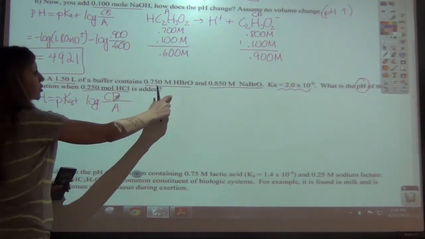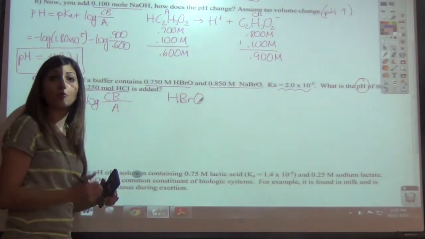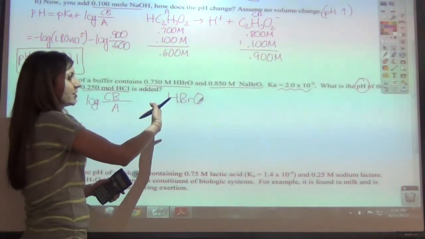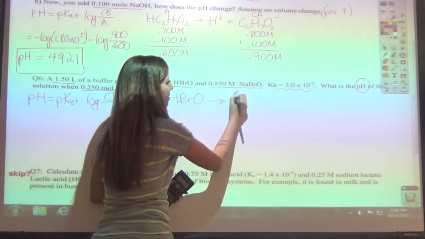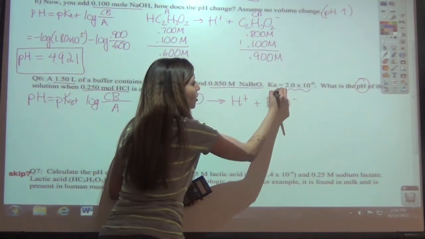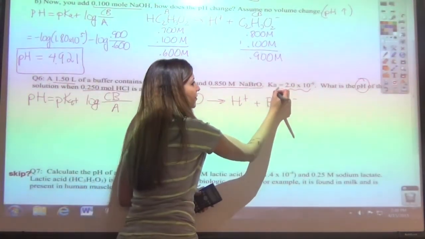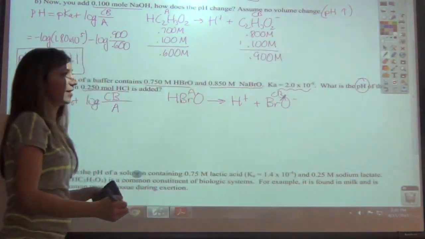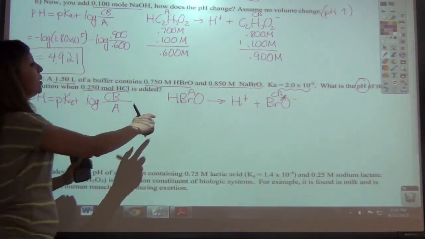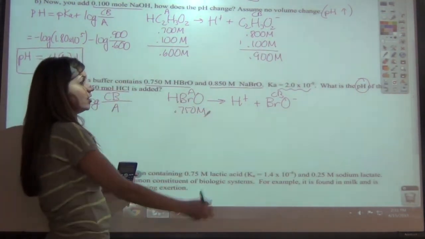So let's write our equation here, and we've got HBrO. That's our acid, the weak acid that is making up this buffered solution, and it's going to break up into H plus and BrO minus. This is our weak acid, and this is considered our conjugate base again. So we're starting off with this being a 0.750 molar solution. And this is a